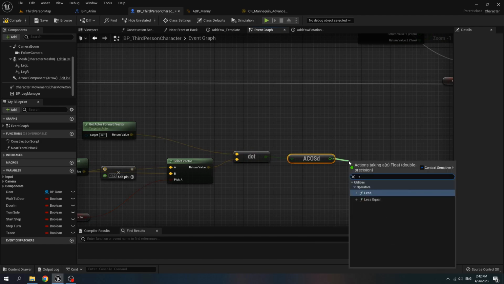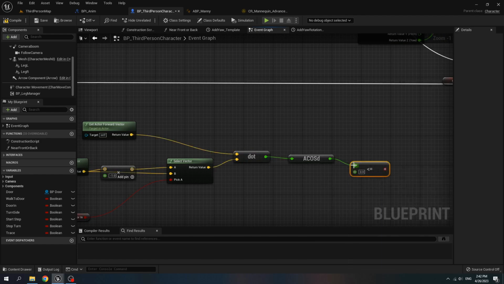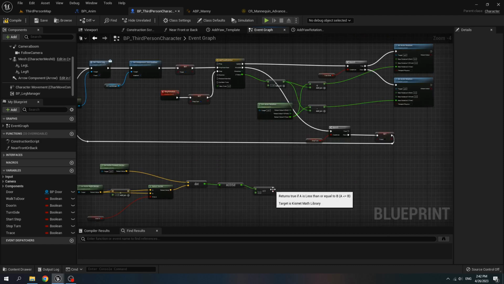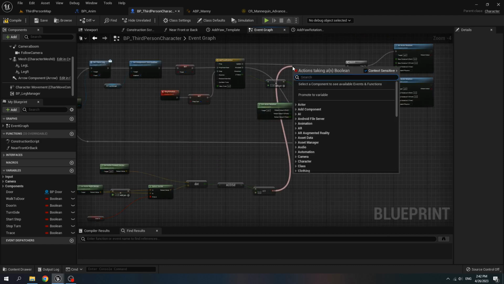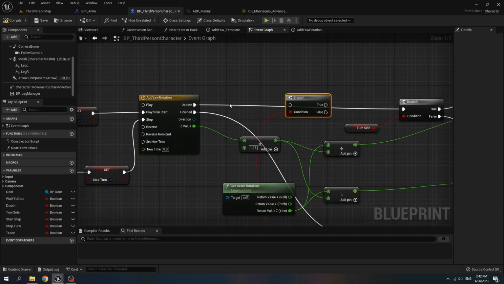If it's less or equal to 3 degree, we connect it and create a branch. If it's false, we continue to rotate, and if it's true, we stop rotate.